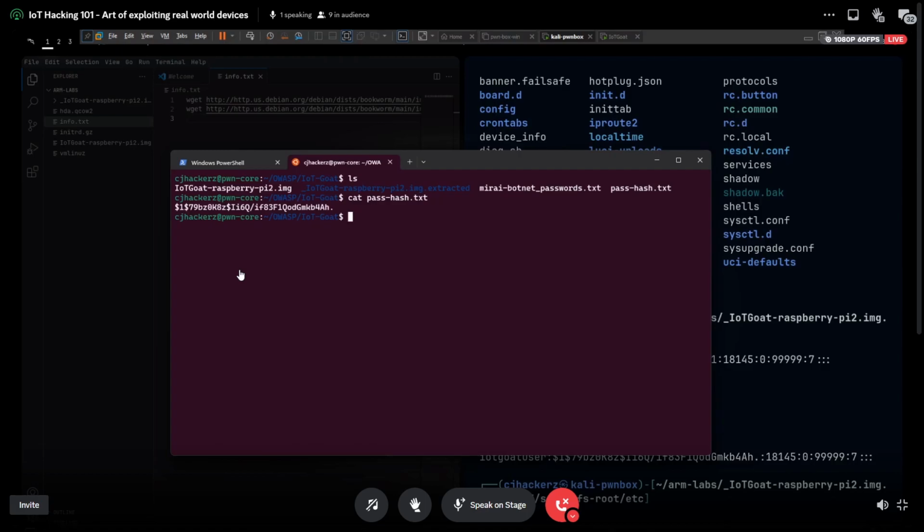Yep, I have already set that up. And this is the password list from the Mirai botnet. Be careful. You have to process this list because it also contains the username. So you have to cut out the username part and just keep all the passwords. You can get this list from our typical wordlists. And once you do that, it's just a matter of one command, which is this one.